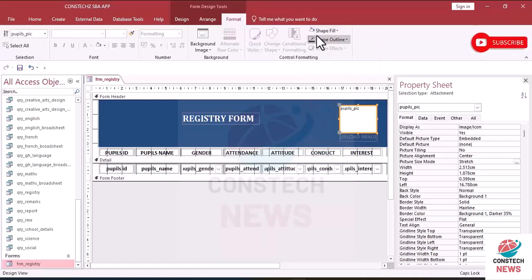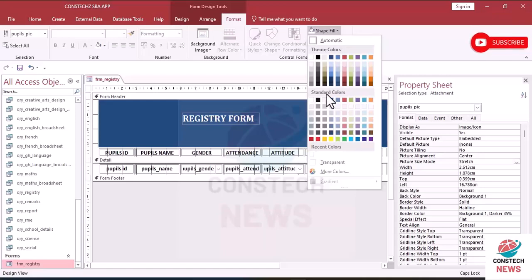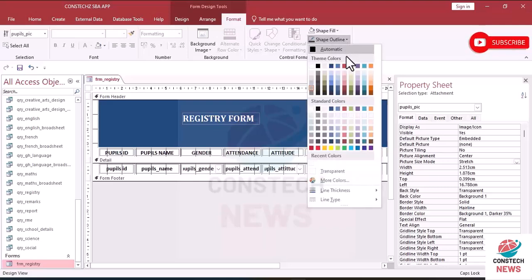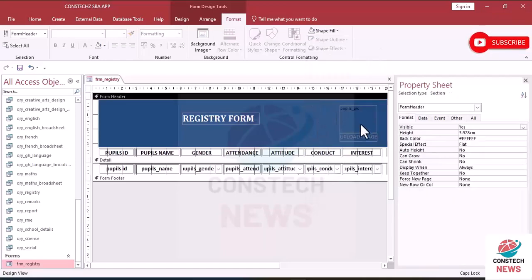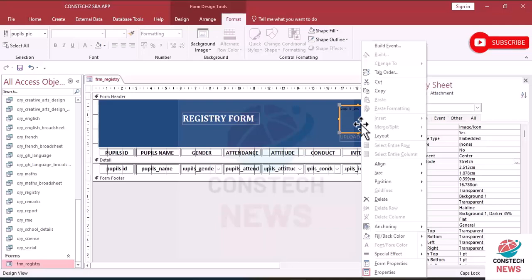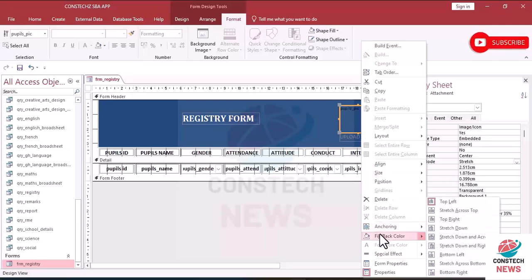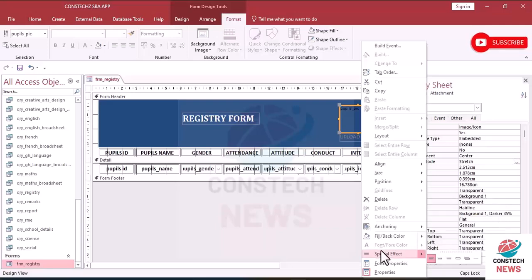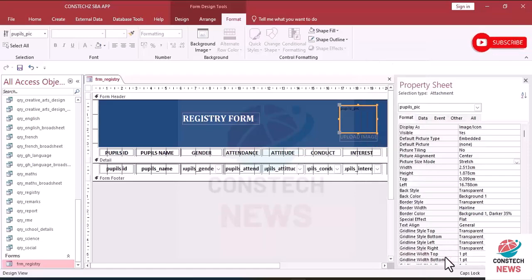No, don't give it so transparent as a shape fill and a shape outline. Transparent. I want to come here, right click and go to special effects and select, let it look like a, give this one